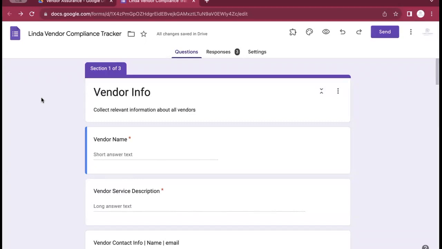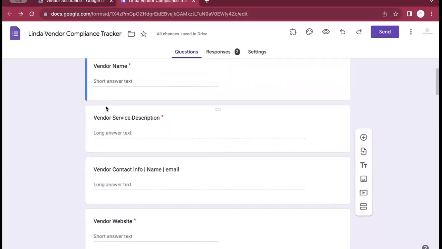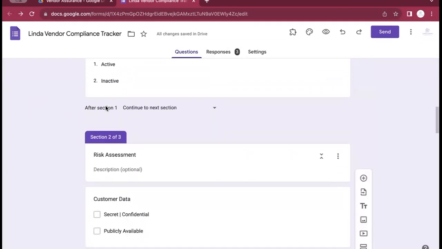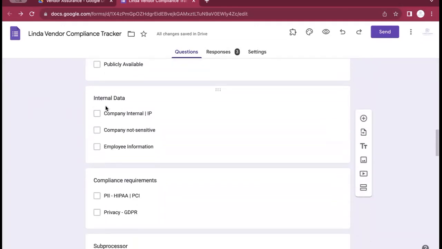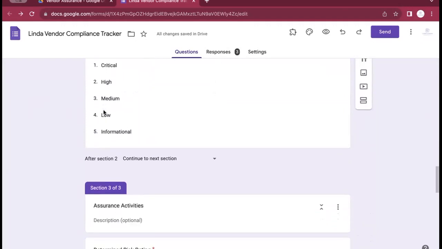Hey, thanks for joining. Today we're going to be talking about the second part of our vendor info form for vendor tracking and assurance. And I'm going to customize a few of the questions and have that happen dynamically. So one of the things I added in here is owner